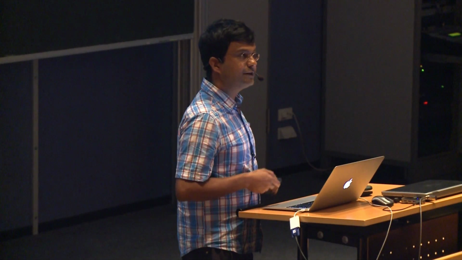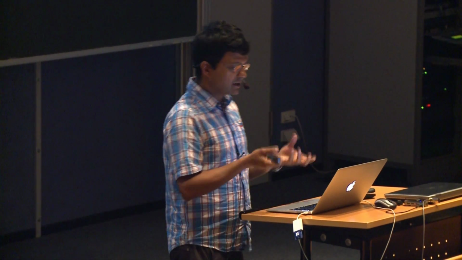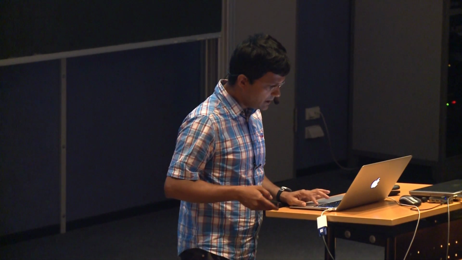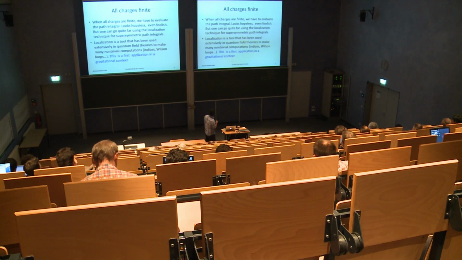So this gives you some confidence that really something very interesting is going on in the guts of the theory, that the theory somehow knows that the black hole has to have an interpretation as an ensemble of states. Can we do even better? The next question is, what happens if all the charges are finite?